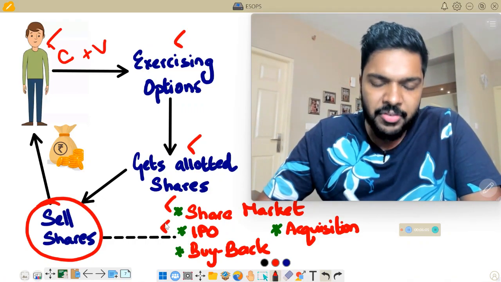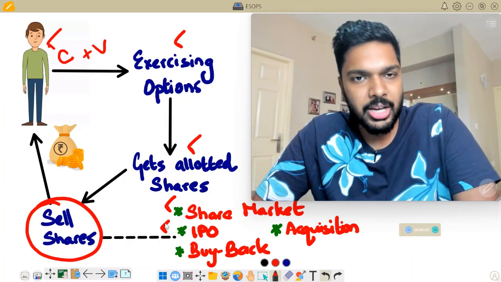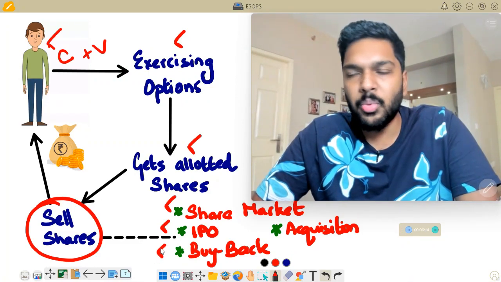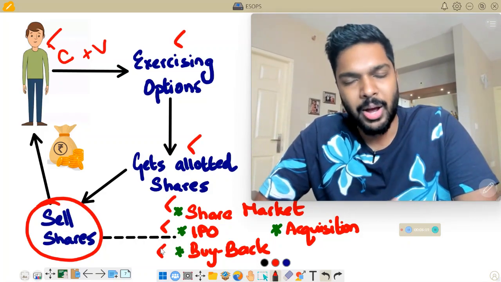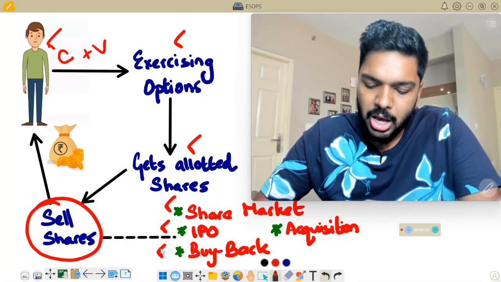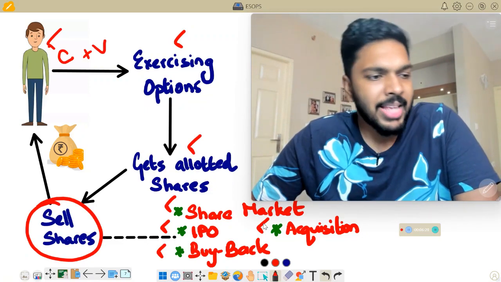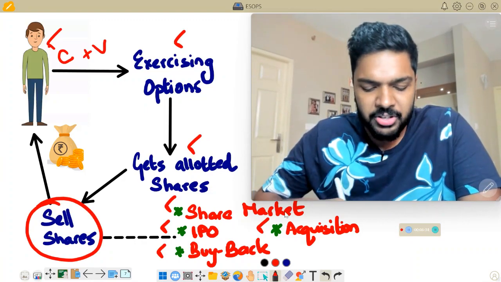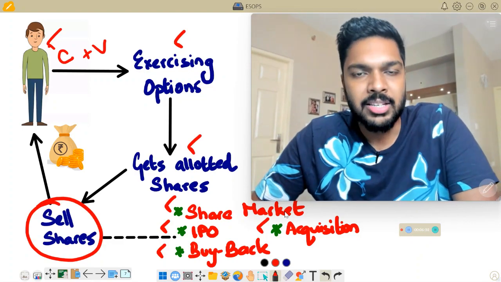If you're part of a successful startup, then most likely it'll go for an IPO, and at the IPO, you can liquidate your shares. Even before the IPO, the company may bring out a buyback policy wherein they will buy back the shares allotted to you and pay a sum of money in relation to the value of shares held by you. Then that is an opportunity for you to liquidate your shares. There could also be a situation where your company is being acquired by a second company, and the second company is willing to pay you money for the value of shares held in your name. So these could be some of the situations in which you could think of liquidating your shares if you are an employee of an unlisted or private limited company.